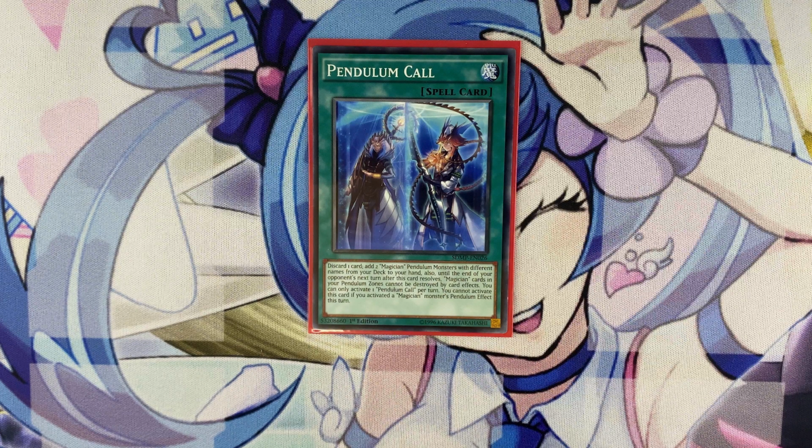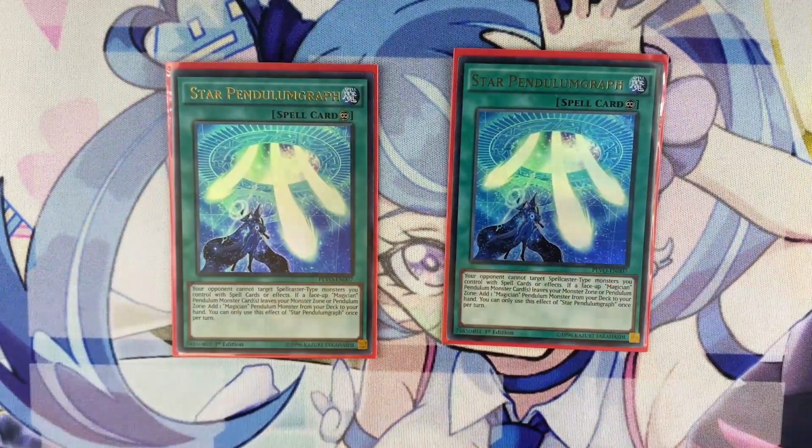Now, a card I am playing in more than 1 that a lot of people are playing at 1 is 2 copies of Star Pendulum Graph. Every time I test this deck and I use this card, it always overperforms. This card is so great, being able to completely get more advantage during your own turn, during your opponent's turn is so important. This card is so good because you use your Magicians during both turns, you pop your Magicians